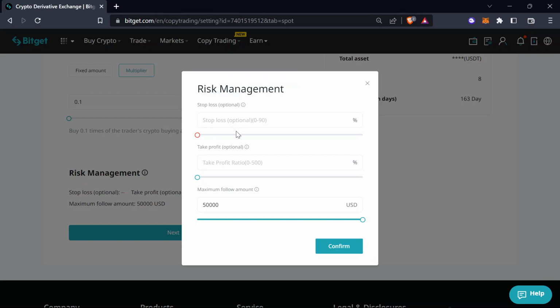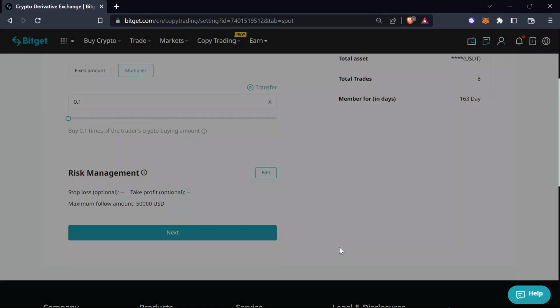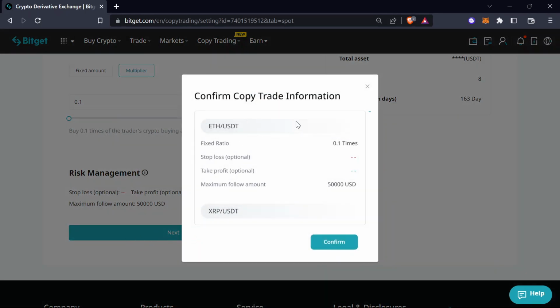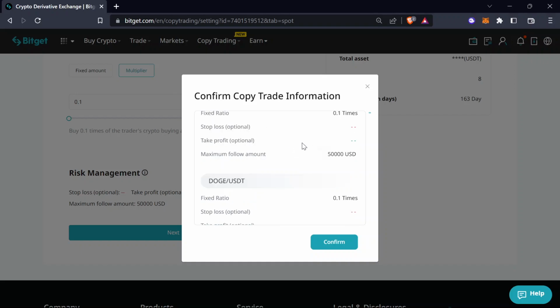You do not need to change anything here. And the stop loss is the same. When he closes his position, your position is also going to be closed automatically, so you don't have to care about that. In terms of maximum follow amount, just leave it at the maximum. Again, this is not as relevant as the multiplier parameter, because this is our main way to manage risk. So we click on confirm and we just click on next and we'll have our last